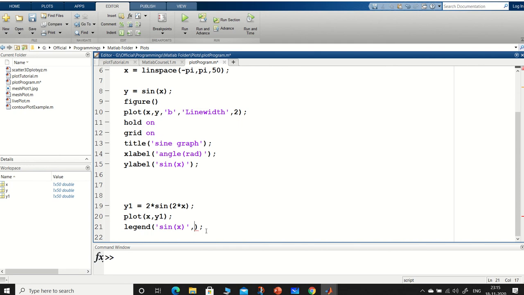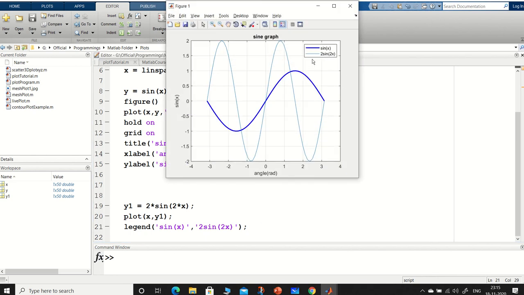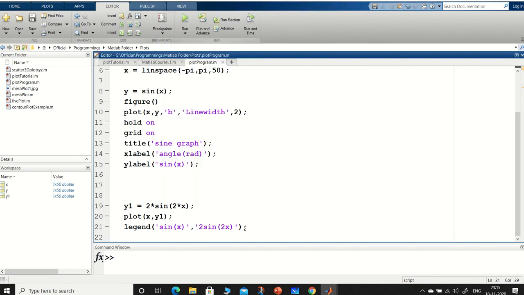So I'll put 2 sin 2x, okay, and be sure to keep the order same so that it specifies properly. So you will see 2 sin 2x is the second faint one, and this is sin x, okay. So this is the way we understand how to put it.